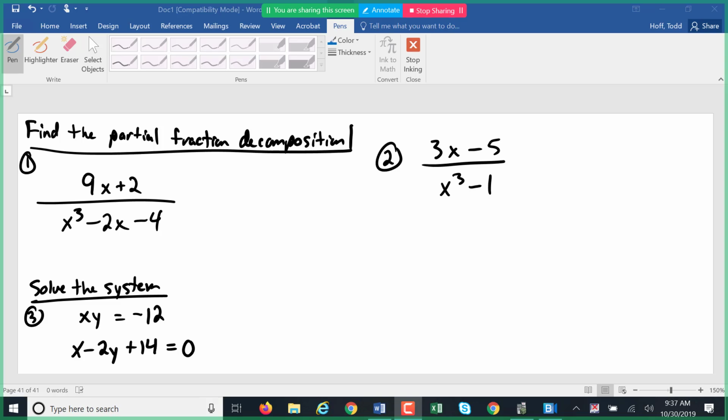I realize with these long problems, you're probably not done yet, but let's take a look at the first couple, and then I'll give you a few more minutes to work on number 3. This first one here